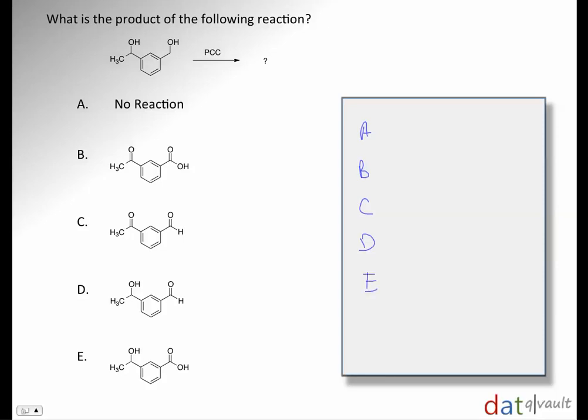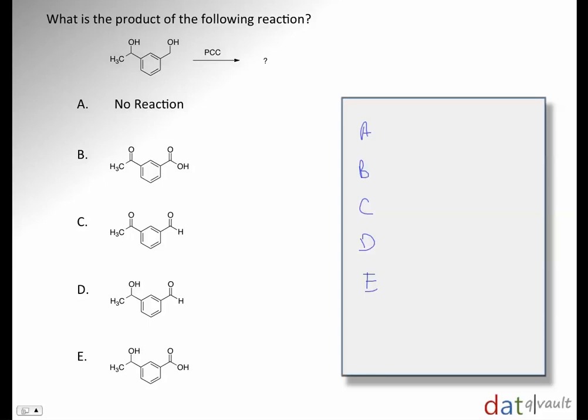So we just have to recall what we know about the PCC oxidation reagent. We should know that it's a mild oxidation reagent. So in the case of primary alcohols, it will not oxidize them all the way up to a carboxylic acid. It'll only oxidize them to the corresponding aldehyde. So that actually eliminates a lot of our choices right away. Here we have our primary alcohol,